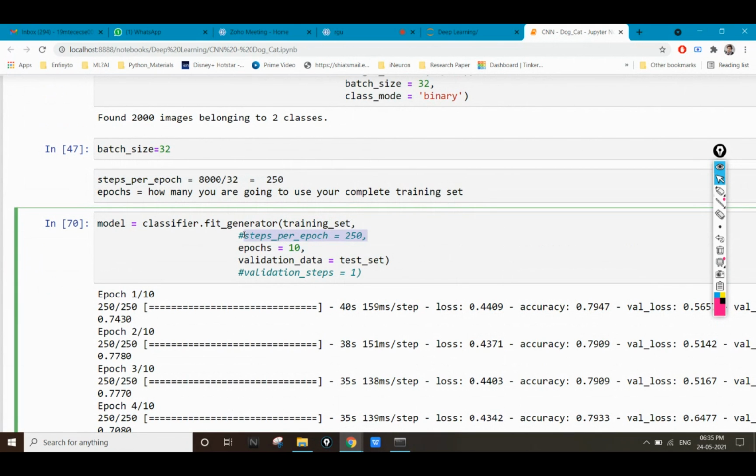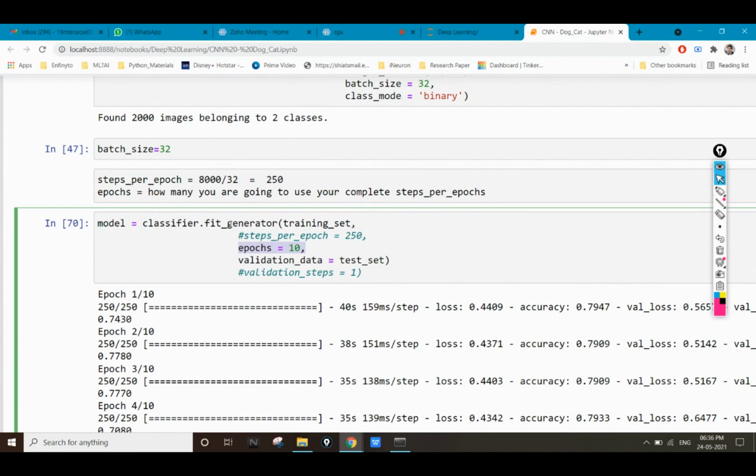These 250 steps transmit the 8,000 images. So I'm using these 250 steps for 10 different times.